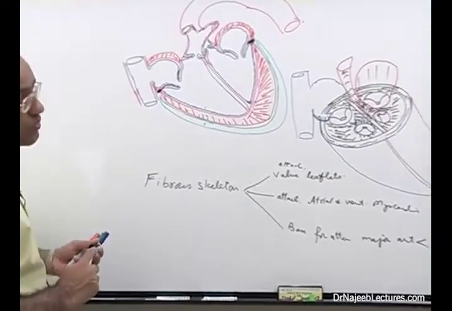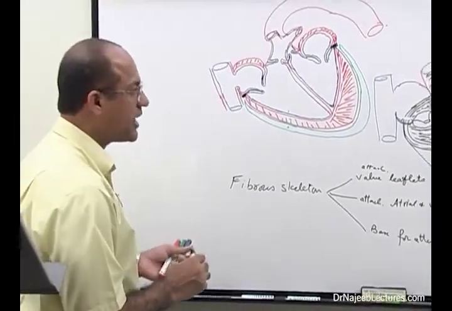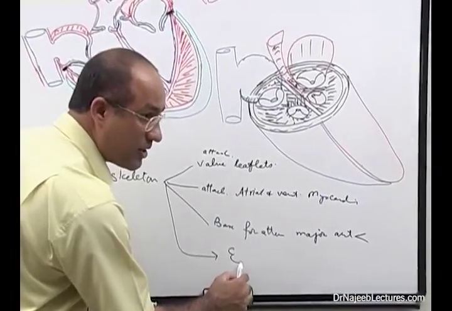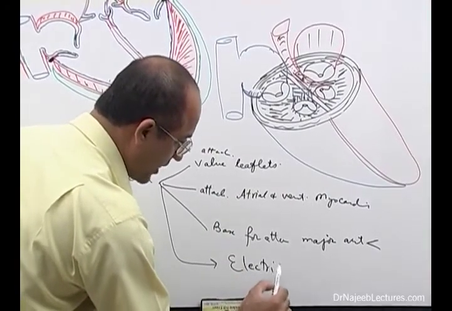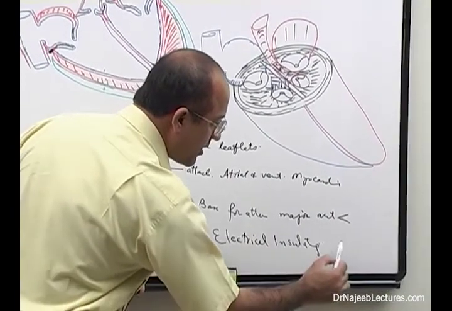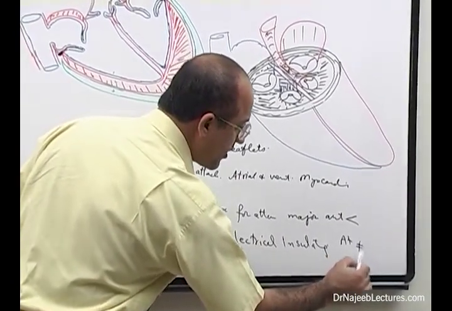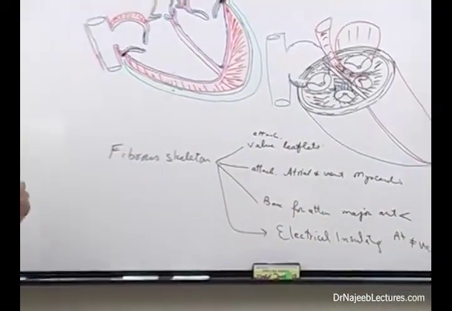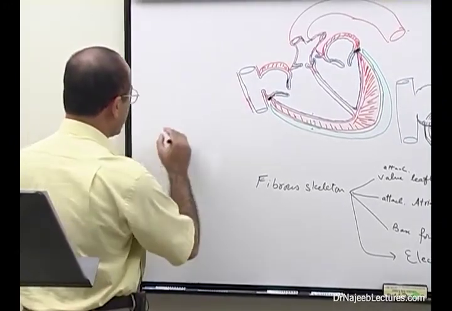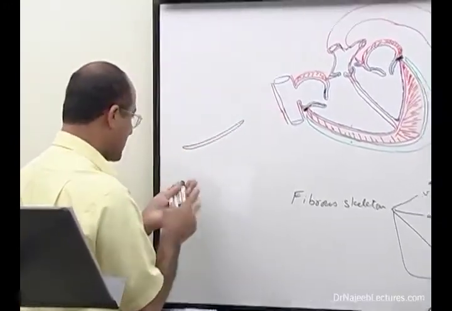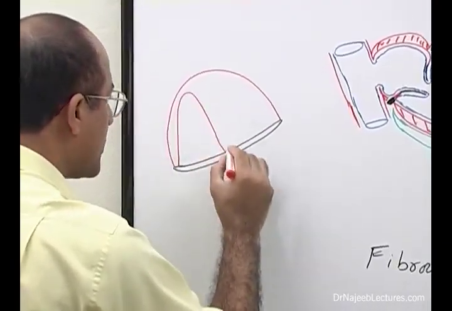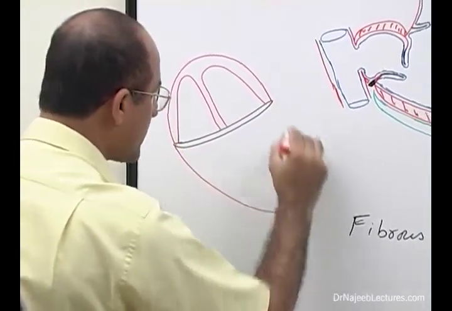Then it also does a very important thing, right? That is, it acts as an electrical insulator between the atria and ventricle. I will explain more clearly. Electrical insulator between atria and ventricle. Let me show you. If I make a section of the heart, a very simple diagram, this is your fibrous ring structure. Atria are above it, right? Atria are mounted above the structure and ventricles are mounted